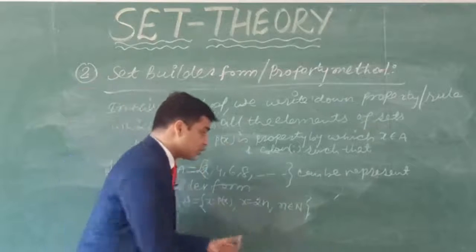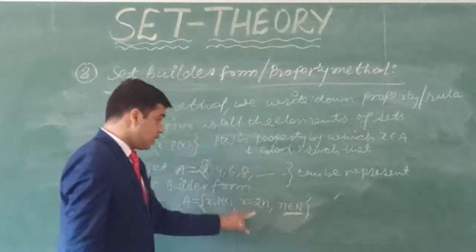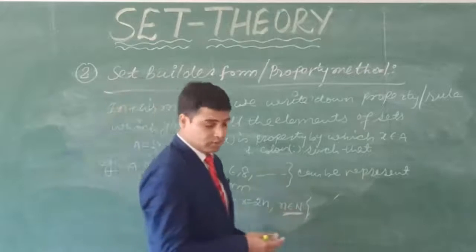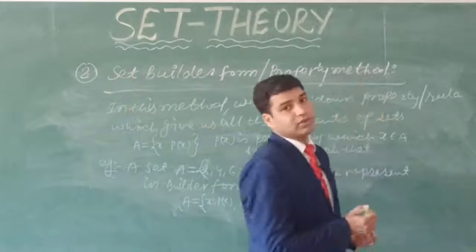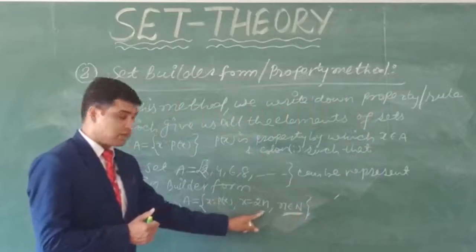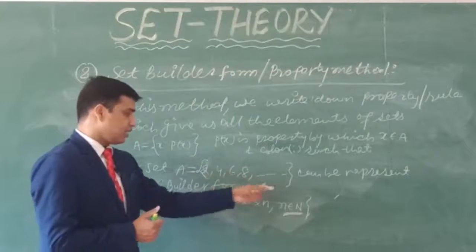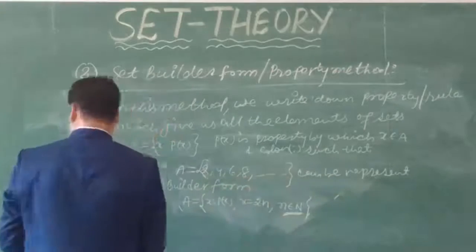So we can say n belongs to natural number. This condition is very important to write. Why? Because what is called natural number? All counting numbers are called natural numbers. If you put n equals 1, it will start from 1. So if you put n equals 1, then you will get 2, 3, 4, and in this way it is going. Next example